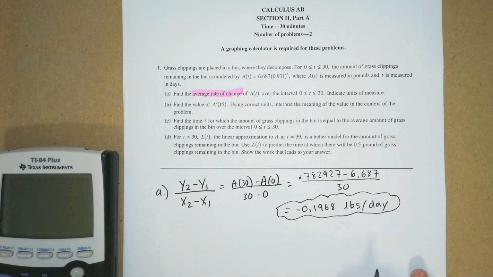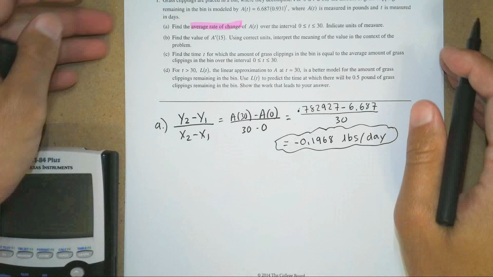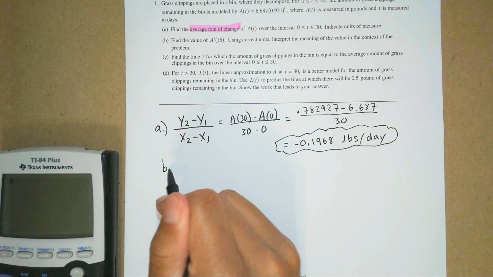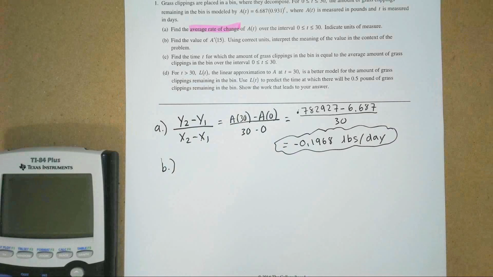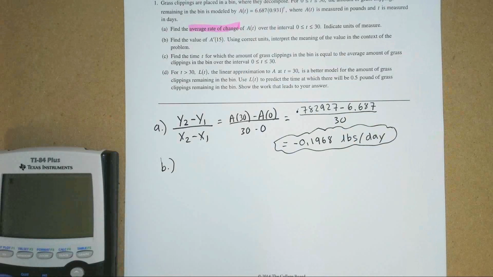So now working with part B. Part B says, find the value of A prime of 15. Use correct units, and interpret the meaning of the value in context of the problem. So you have to look at it and go, okay, what's A prime? They want us to find our derivative. So we could find a derivative of that, but we have our graphing calculator, so there's no reason to